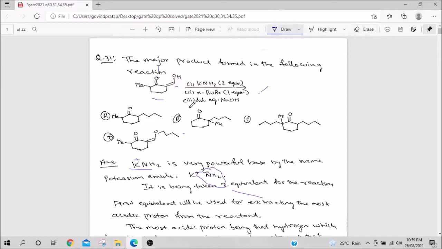And let us look at A. A says another butyl bromide is attached here. Now, here there was no proton. So, when you put a base, this proton cannot be lost because there is no proton itself. So, how can it happen that butyl can get added to this alpha carbon when this alpha carbon did not have a proton? So, mostly the answer should be B.